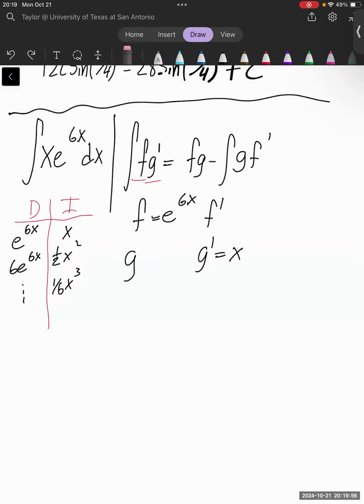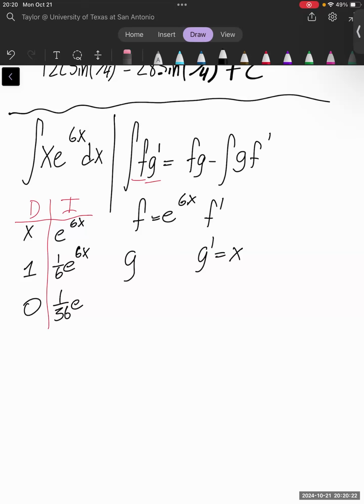Now, on the other hand, I use x, and then e to the 6x is my integration term. The derivative of x is 1, and the derivative of a constant is 0. And then here we get 1/6 e to the 6x, and then 1/36 e to the 6x. And so my point is, we get a nice end to our integration by parts,